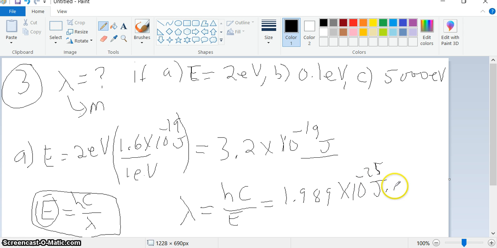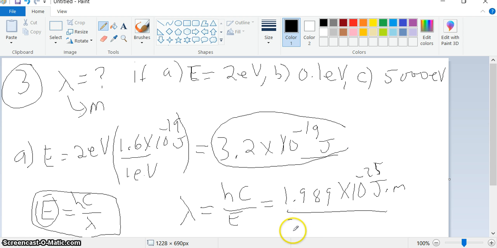Then we divide by the number of joules for that particular photon, so it's 3.2 times 10 to the minus 19th joules, and then the joules cancel, and our answer will be in